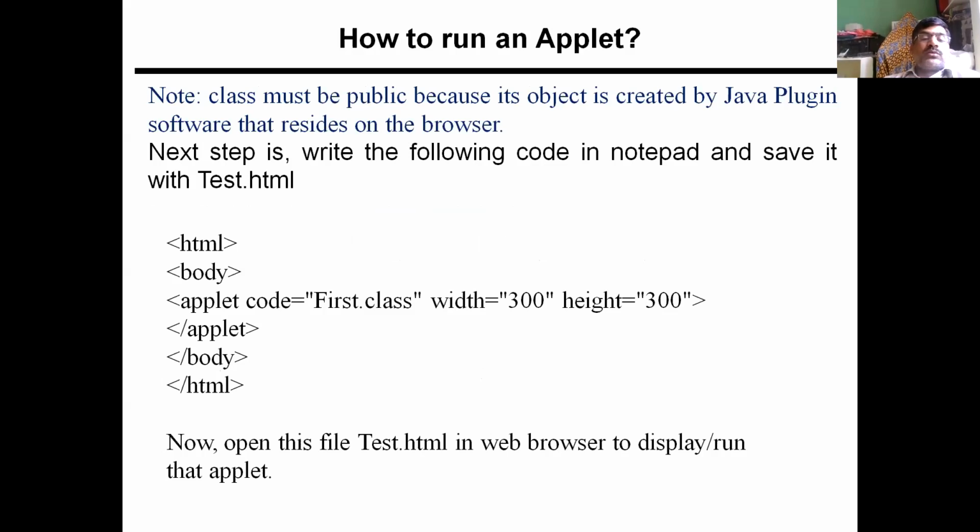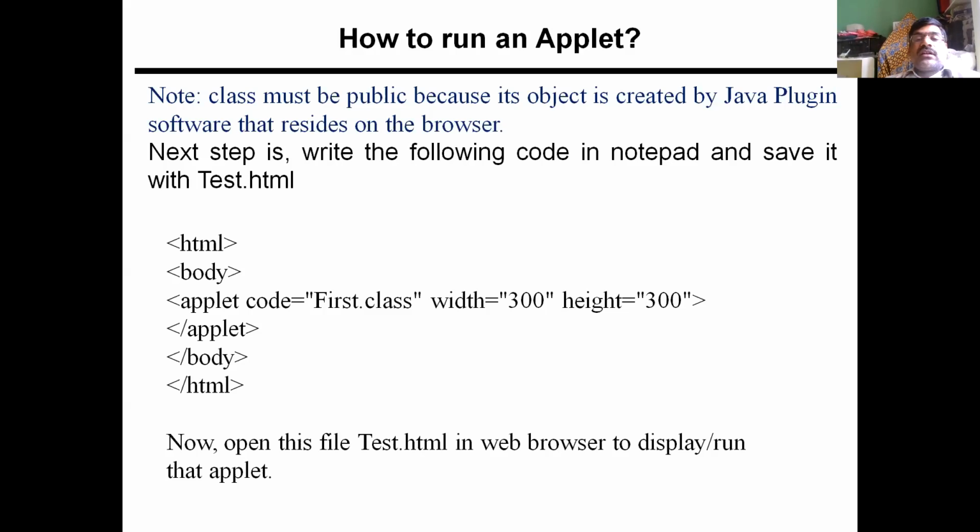Code is equal to the .class name, that is First.class, width is equal to some 300 pixels, and height is equal to some 300. This specifies the width and height of your applet window. Then close the applet tag, the body tag, and the HTML tag. Once you finish typing this HTML code, you save the file with the HTML extension. Here I am giving test.html.